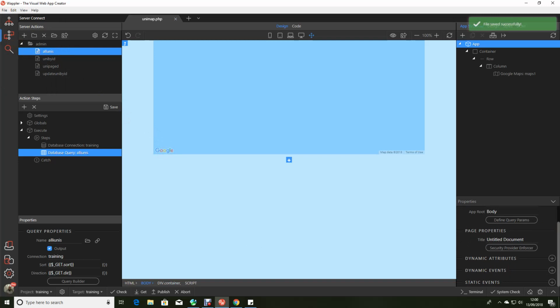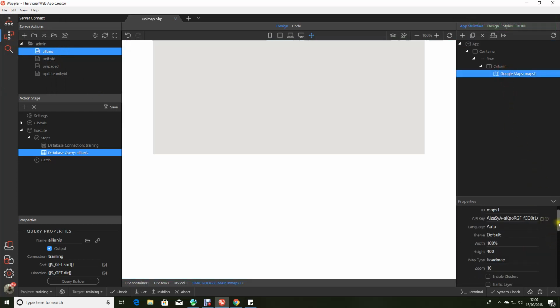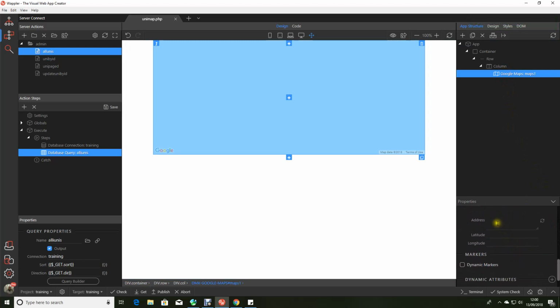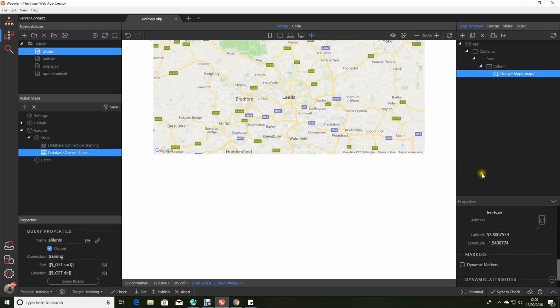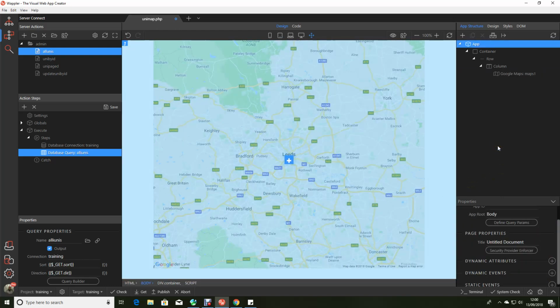Okay, so where are we going now? Straightforward, let's decide where we're going to center the map. And you could stick a static value in, or later I'll show you how to put a dynamic value in. But for the moment, I'm just going to center this on roughly the center of the UK, which is Leeds in the UK. There we are. We see we've got the map appeared straight away on screen. It's really good the way this happens in dynamic fashion. I'm just going to add a bit more height to that. So there we have the UK centered,